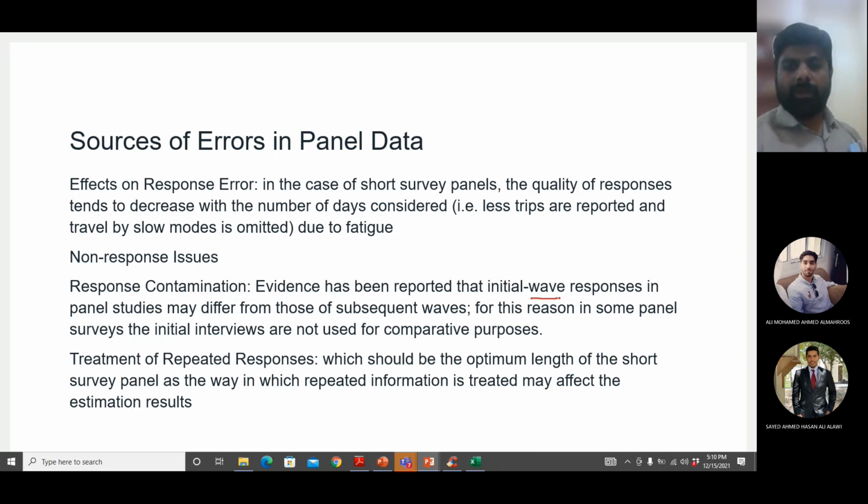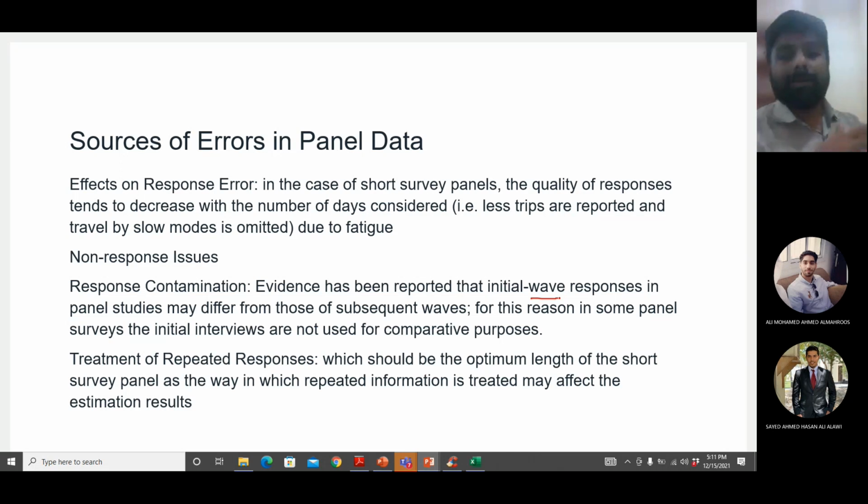If the length of the short survey panel is sufficient, then some of the responses may not be required. For example, you are only doing the survey for 5 weekdays. There are no weekends. Every time if you ask them on which vehicle did you go from your house to your work, it will become useless. This repeated information is useless. Same person, same week, going to the same place. Why will we give a different answer?